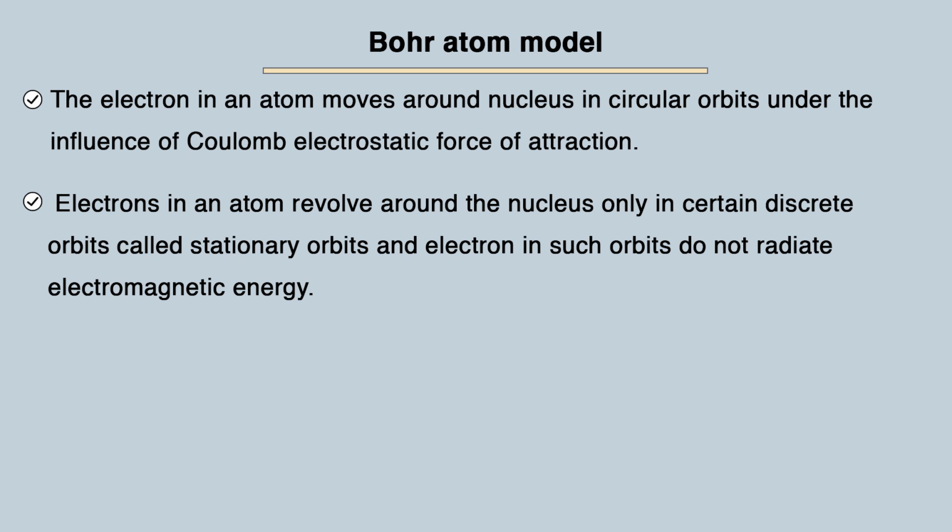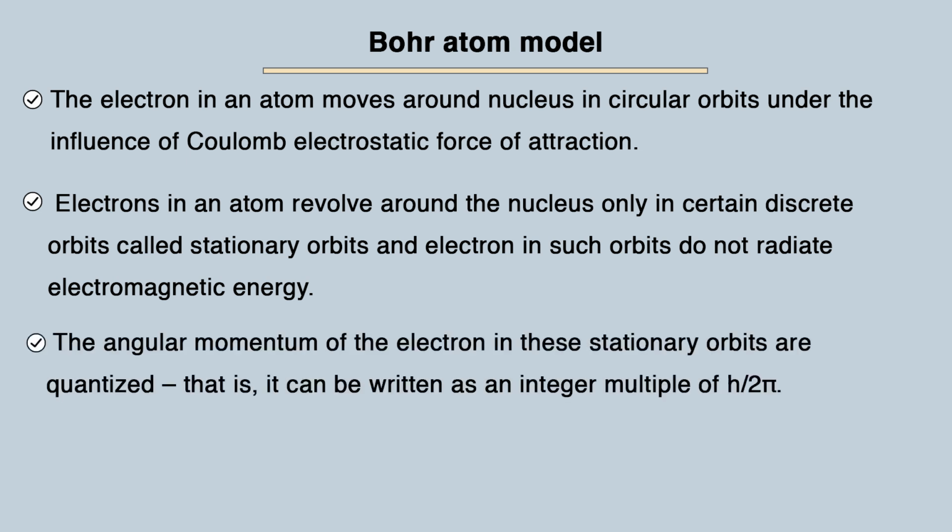So these electrons in an atom revolve around the nucleus only in certain discrete orbits. These discrete orbits are stationary orbits, which are further considered energy levels, and electrons in such orbits do not radiate electromagnetic energy,